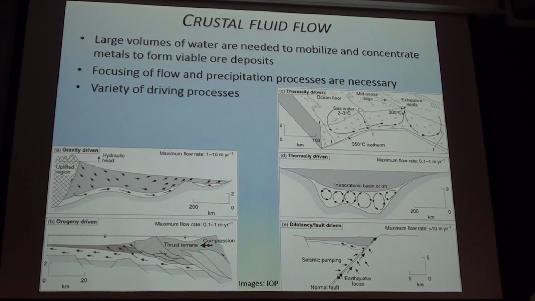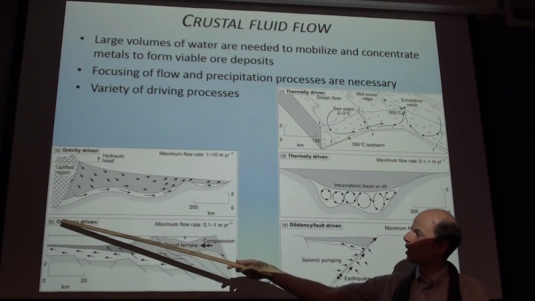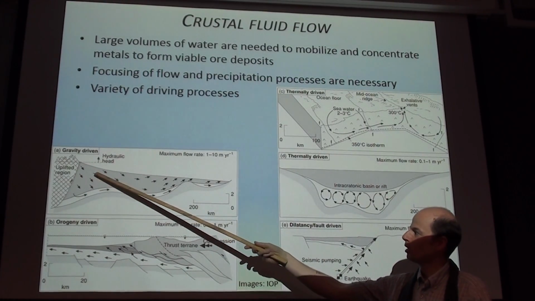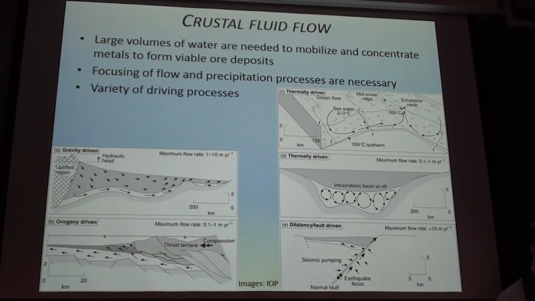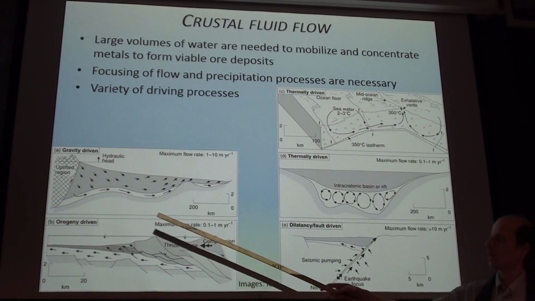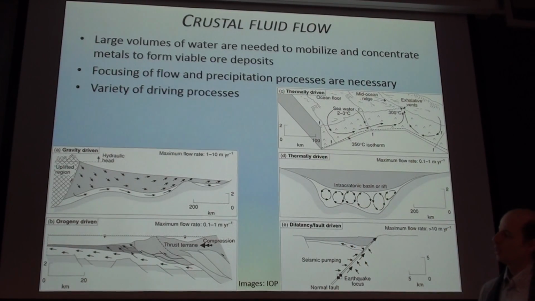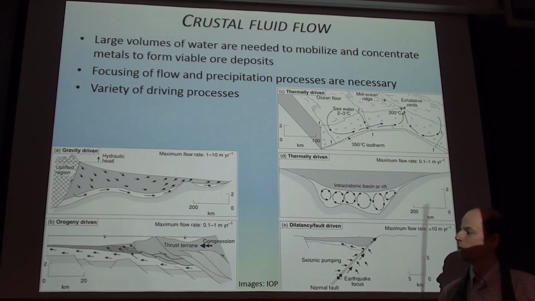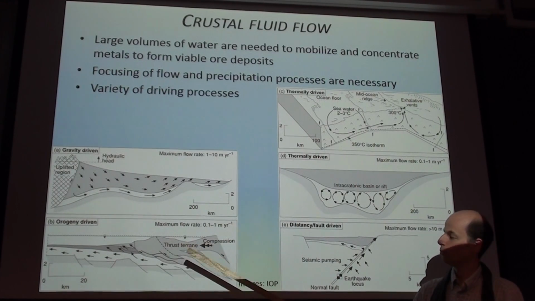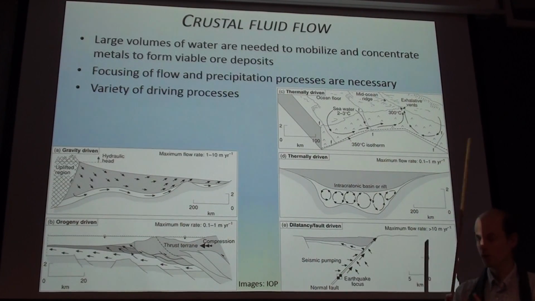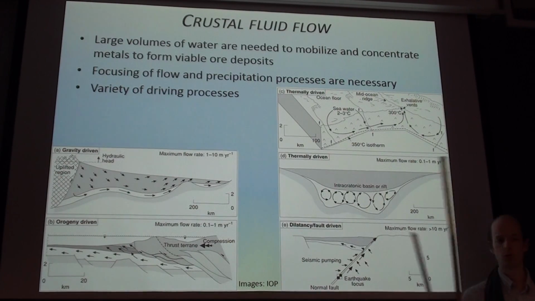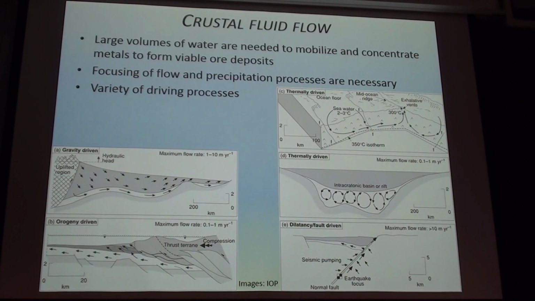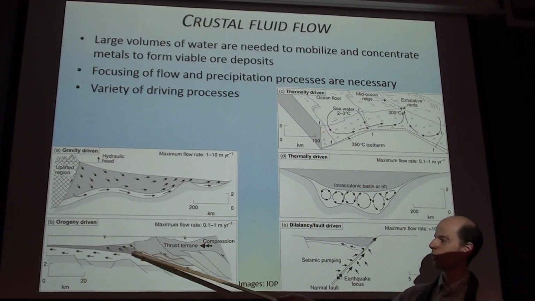For instance, gravity. As we are uplifting some region, of course gravity causes water to flow downhill, and that can create large-scale fluid movement. This is orogeny driven, where we have compression, so mountain building. In addition to uplift, we also have compaction, so increasing pressure, and dewatering through squeezing of sediments and sedimentary rocks, as well as metamorphic reactions, which release fluid and cause